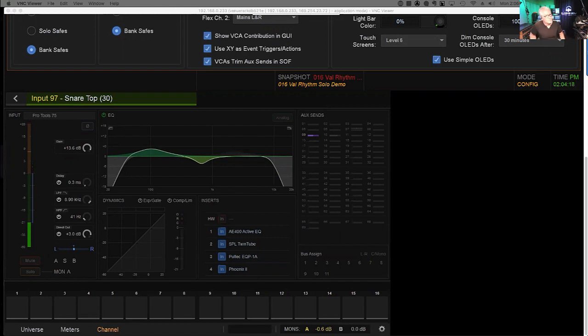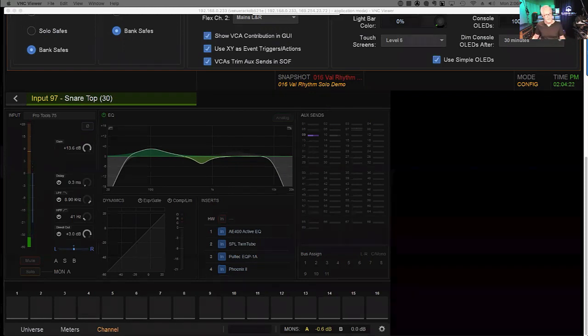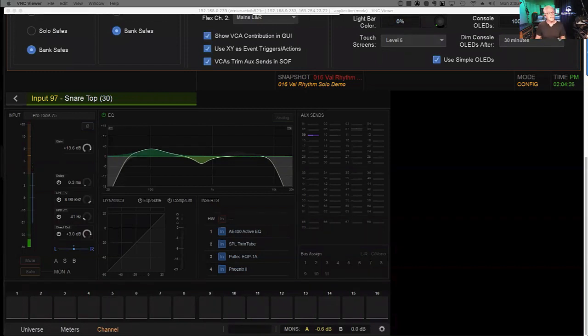So there's nothing wrong with having it in peak, nothing wrong with having it in RMS, as long as you know which one you're in and set accordingly. Even if this was still in peak, I could still go set the level on this in peak, but it wouldn't be there. It would be,